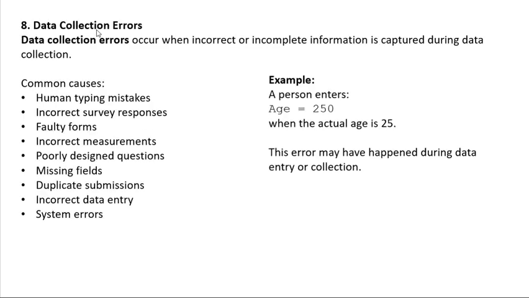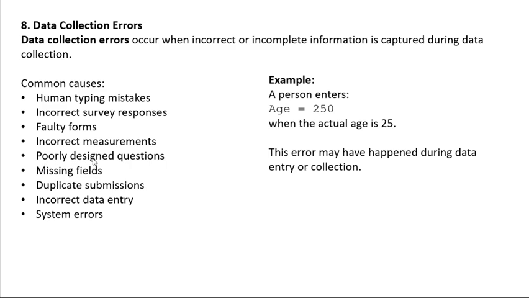Eighth is data collection errors. Data collection errors occur when incorrect or incomplete information is captured during the data collection. Common causes are human typing mistakes, incorrect survey responses, faulty forms, incorrect measurements,